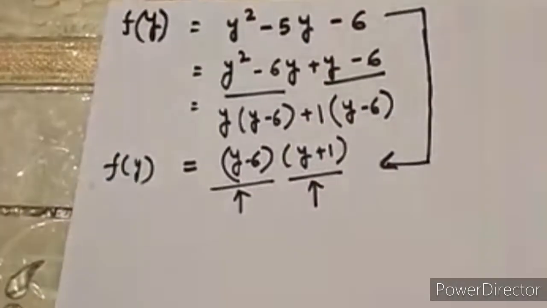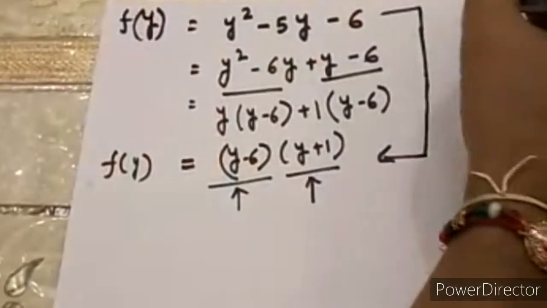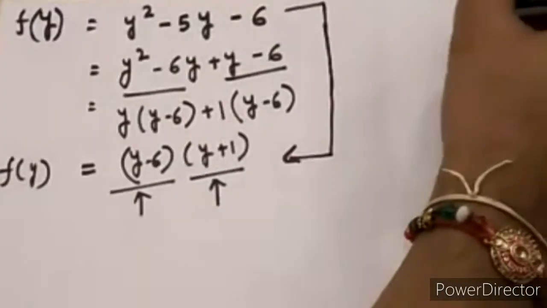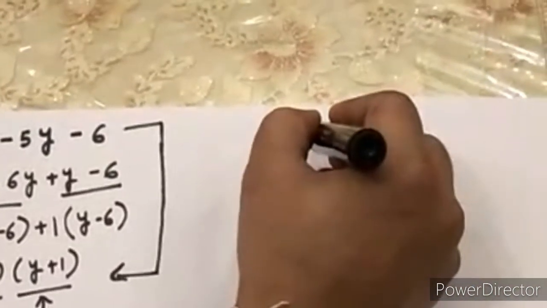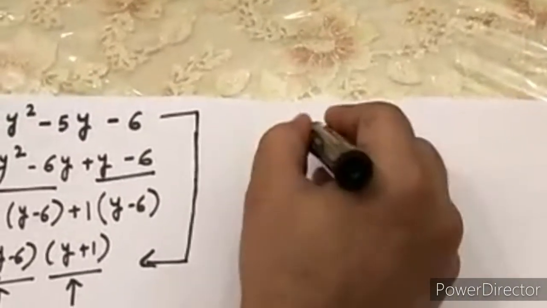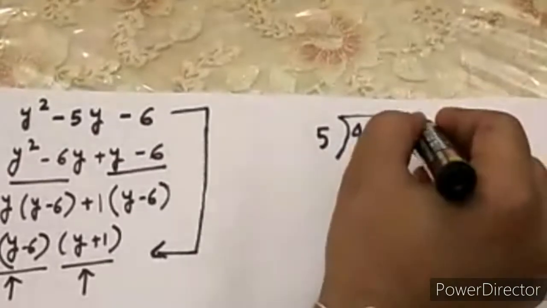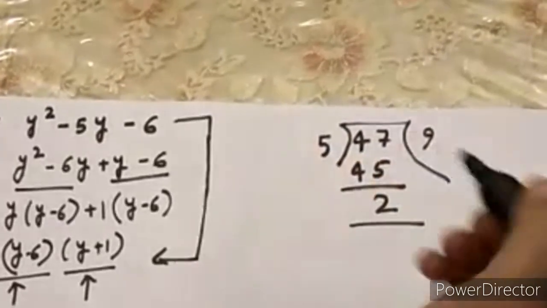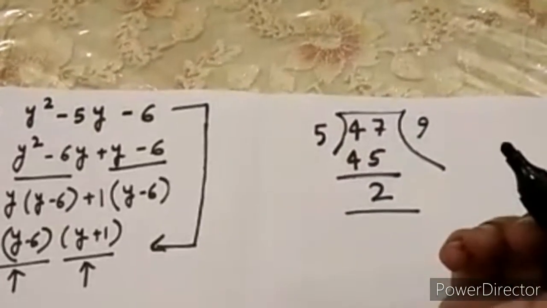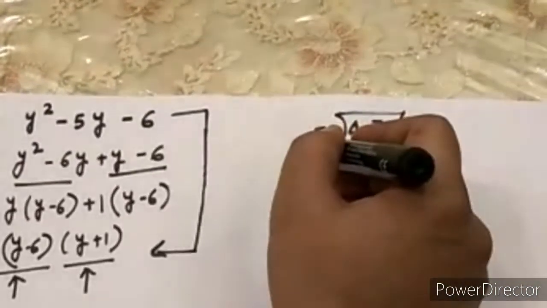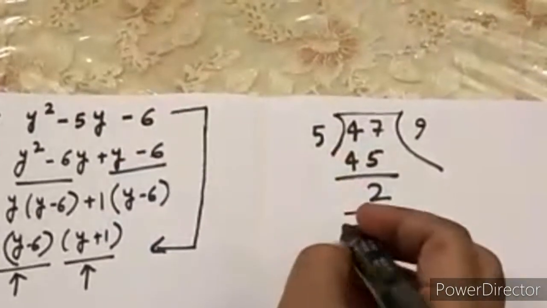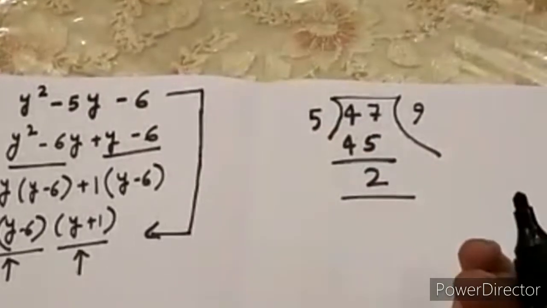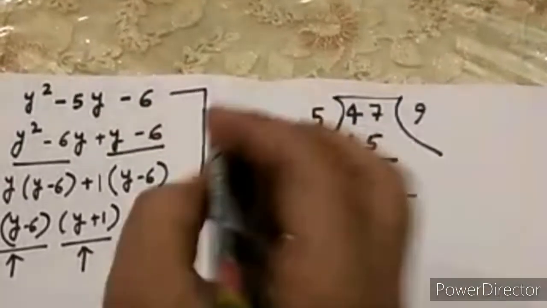Suppose, just like in numbers, we used to find the remainders. What is the remainder of any given number? For example, if we divide 47 by 5, what is the remainder? 9 fives are 45. The remainder is 2. What are we going to do to find the remainders? We are simply dividing the number by the given number. Similarly, in functions, if you are going to find out the remainder when a given function is divided by another function, then what can be the method?